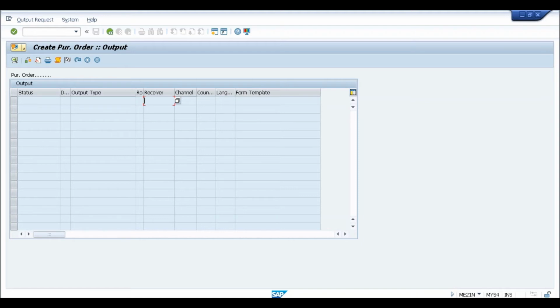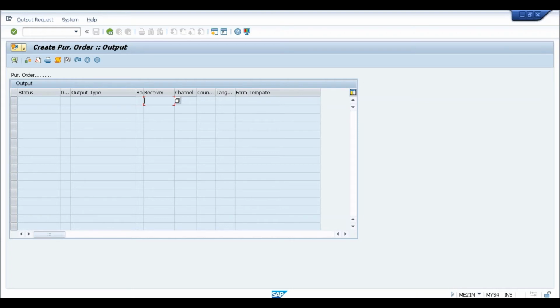Also, in future, the output determination will be totally based on Adobe Server. Today we are using SAP scripts, smart forms. They are still available even in 15.11 and 16.10, but going forward, everything will be moved to Adobe Server. Keeping that in mind, SAP has come up with a new output determination. These are the benefits, which explain why it has been changed.